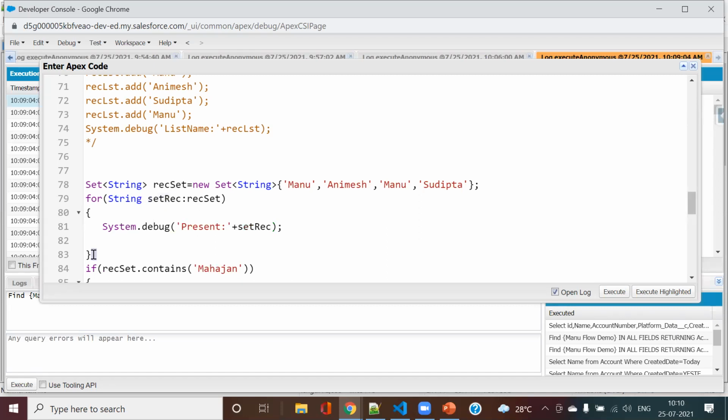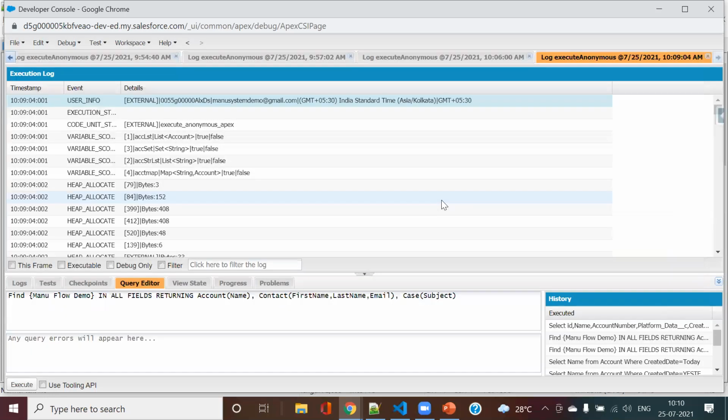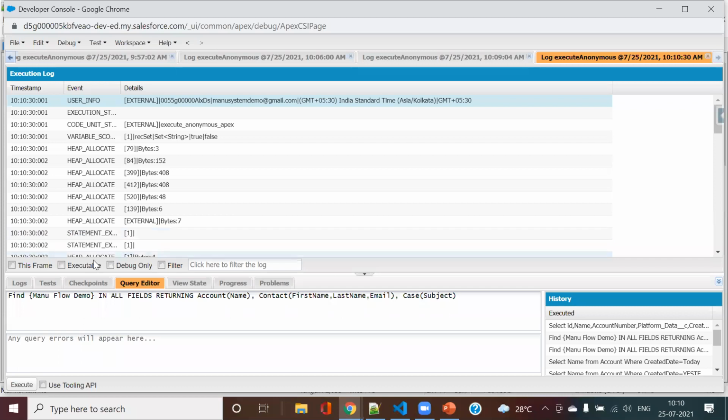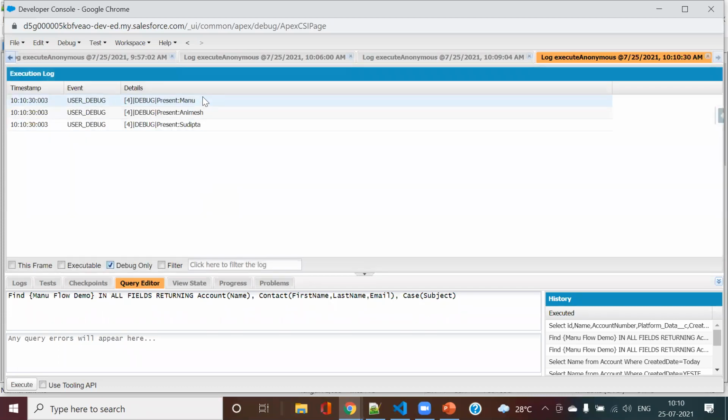Now you see. This was my type string. Now here I use a string. Now here the loop will run 3 times. 2, I believe 2. How many were set in the set? How many records will there be? It will be present, present, present. Is it now clear? Yes.